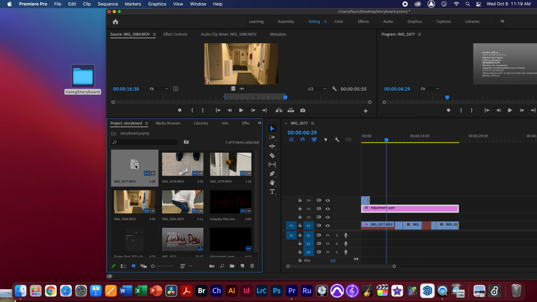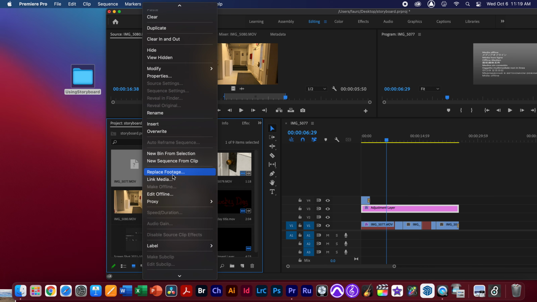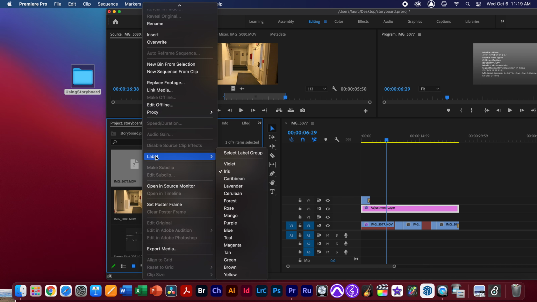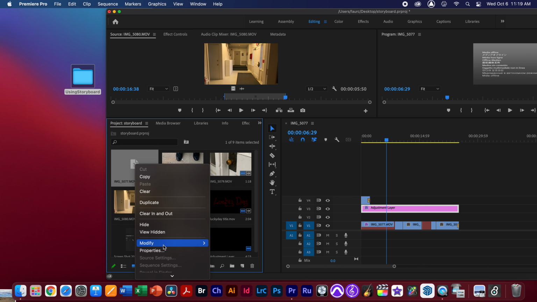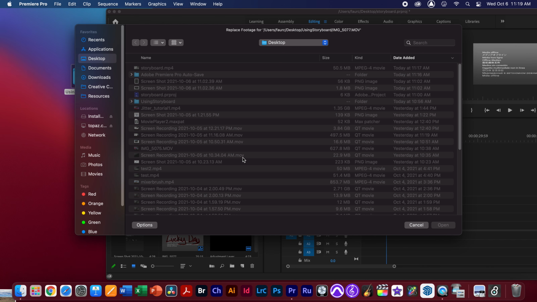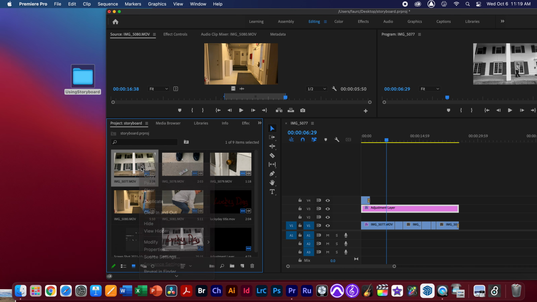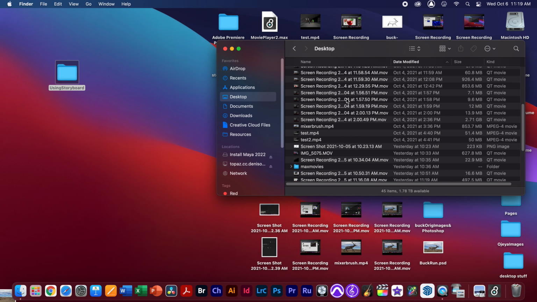And now if I click back here, I should be able to relink this somewhere. Replace footage, or here, link media. There it is. It kind of picked up automatically, now that the footage is back because I put it back in this area. Okay, and just to check to see what we have, let's go ahead and save this one last time. And if we look on our desktop,